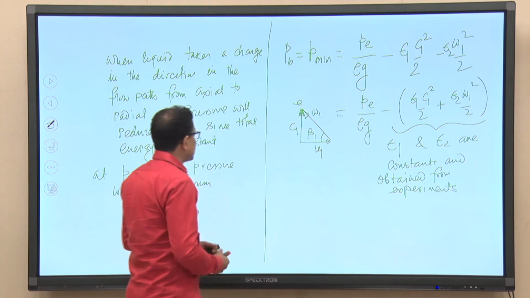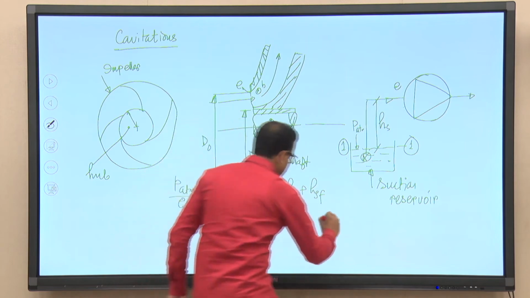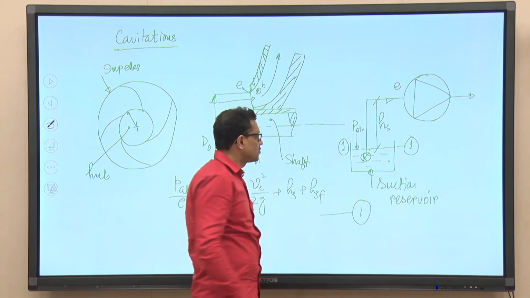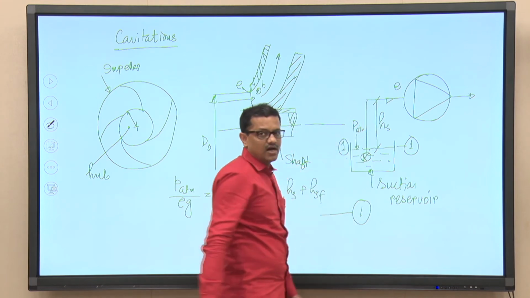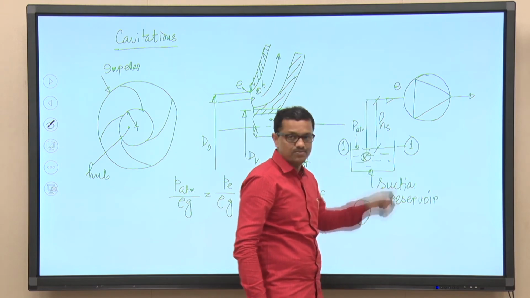Now the question is, if we know the magnitude of P by rho g. So P by rho g, that we will get, so if this is equation number 1, from equation number 1 we can see what P by rho g is in terms of atmospheric pressure. Why is it so? Because this is the only thing, atmospheric pressure, which will provide the input energy for this particular case. Until and unless liquid is entering the machine, there is no addition of energy. So at least up to the point T there is no addition of energy, only because of this atmospheric pressure. Primarily because of atmospheric pressure, liquid moves from section 1 to point T.